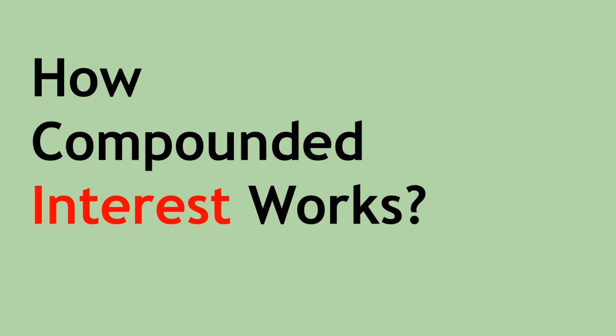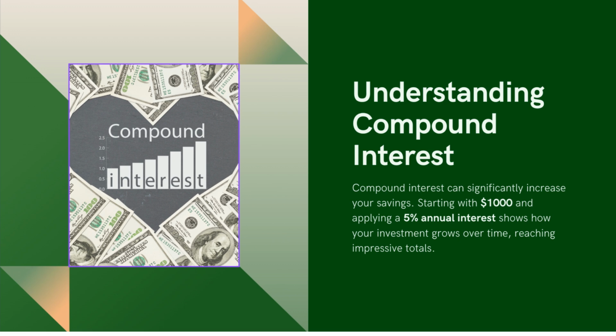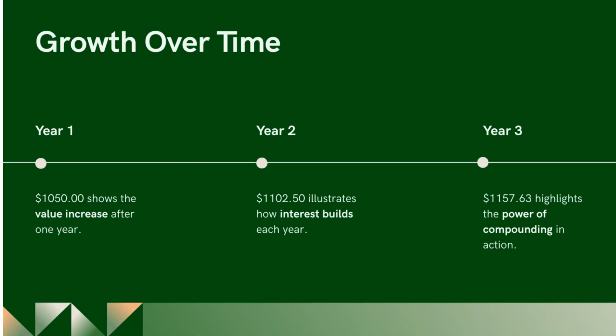How compounded interest works. Let's look at a quick example. Imagine you invest $1,000 at a 5% annual interest rate. Year 1. You earn 5% on $1,000, which is $50. Your new total is $1,050. Year 2. Now, you earn 5% not just on your initial $1,000, but on $1,050. That's $52.50. Your total is now $1,102.50. Year 3. You earn 5% on $1,102.50, which is $55.13. Your total jumps to